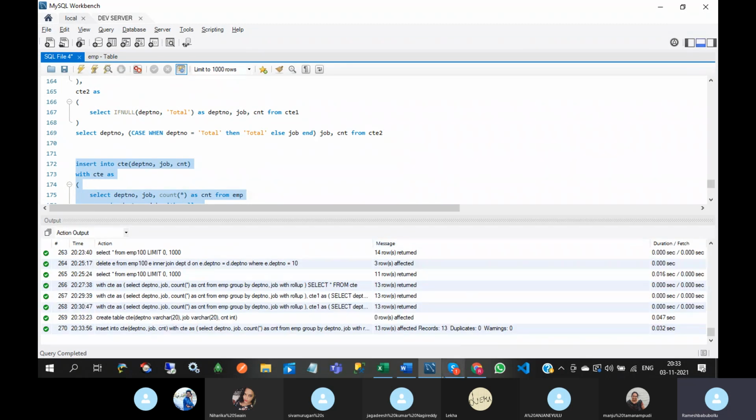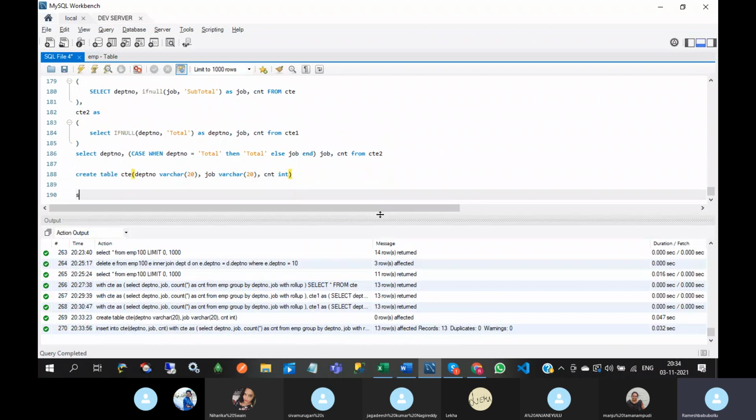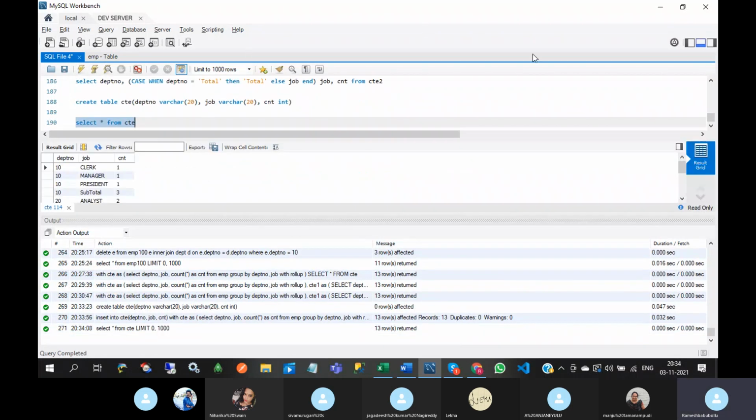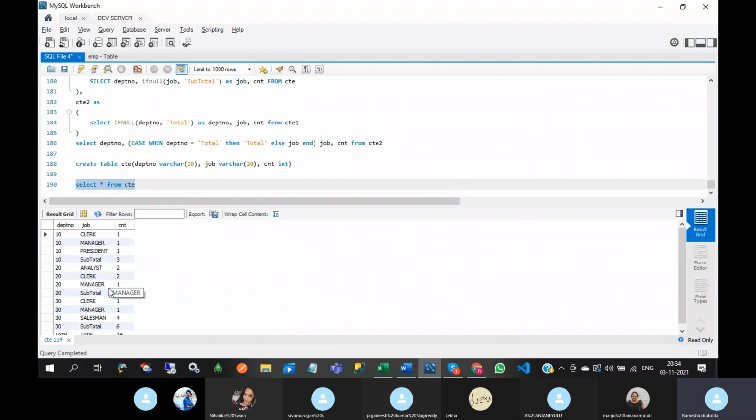Here 13 rows affected. So check this. Select star from the table. See this, all 13 records which come from the CTE. So we can insert into one table.